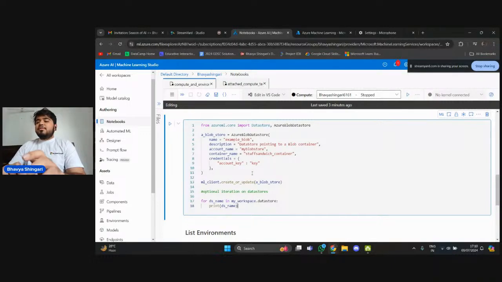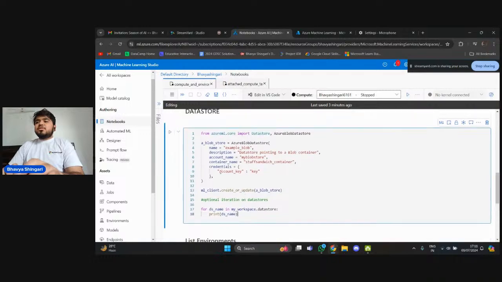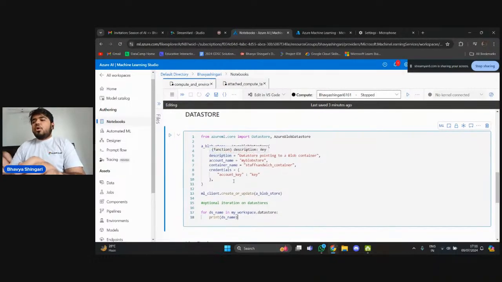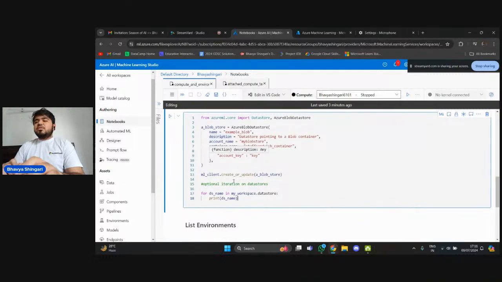If you are familiar with data science, you must know that you have to pre-process data. You have to follow the ETL process, that is extract, transform, and load, in order to create your machine learning models. So here I have created my data store, which is to store all the data